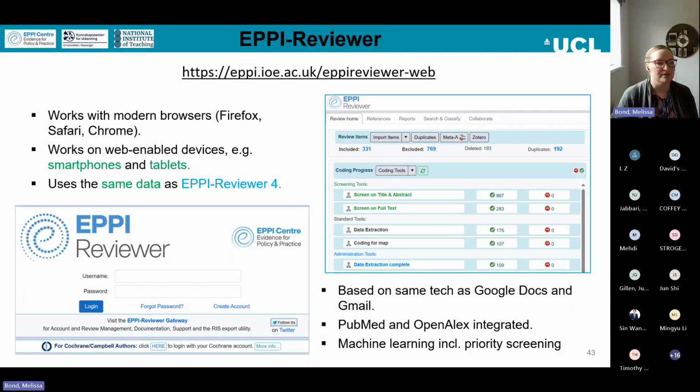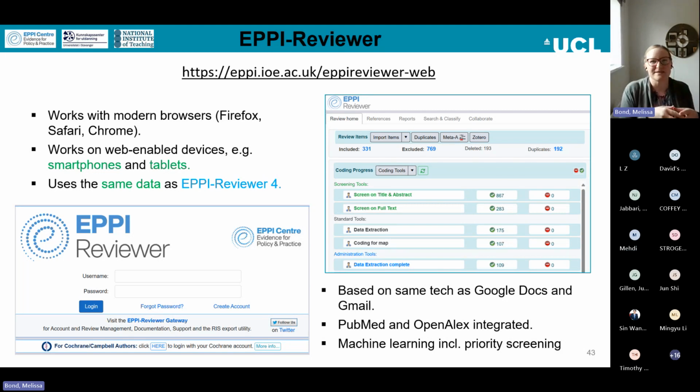I haven't used it in its complete form. I've only trialed it, and that was, gosh, at least a year or two ago. I might need to look at it again. But yeah, lots of people find it really good. It has more of a wizard approach to it. So Covidence will step you through the different stages of your review quite well in a really like, do this, now do that, now do this.